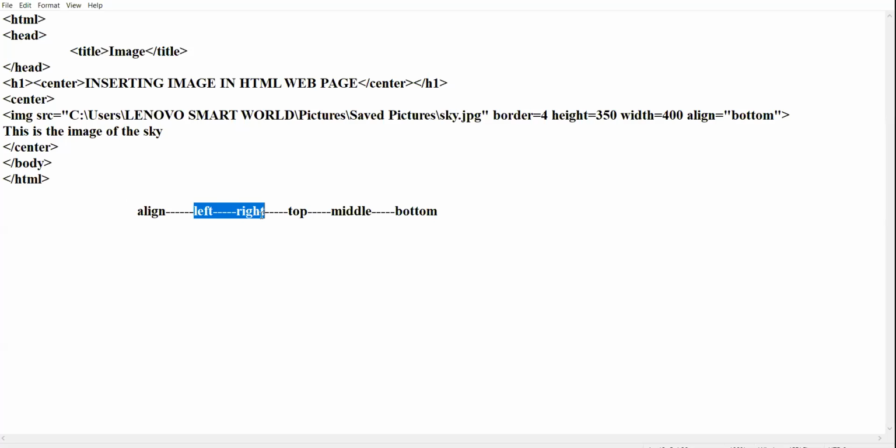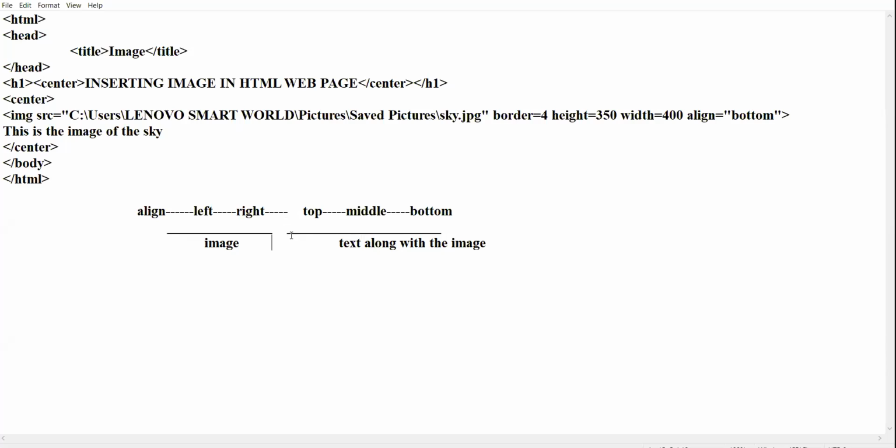Whatever image you have taken, these 2 values, left and right, are with respect to the image. Now these 3 values, top, middle and bottom, are with respect to the text along with the image. Clear? Am I clear totally?